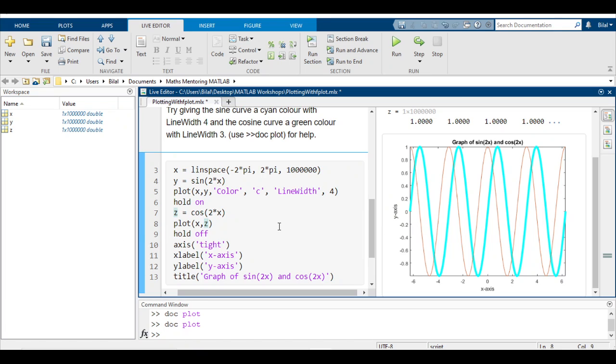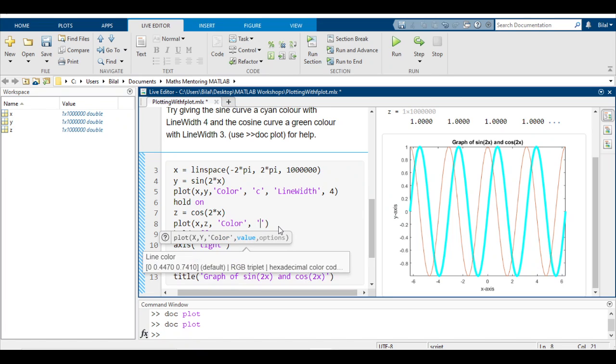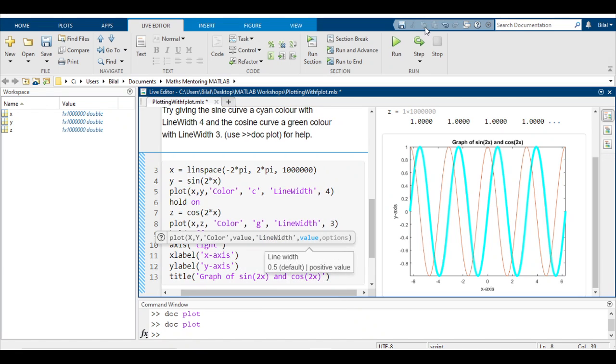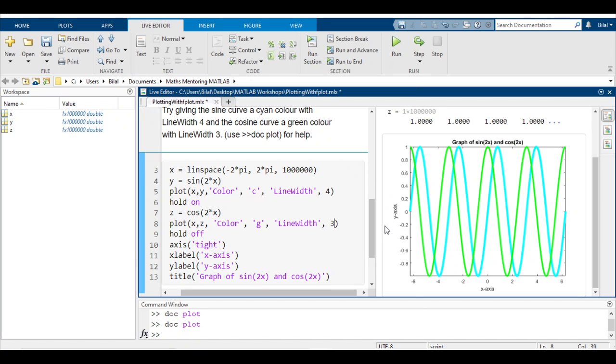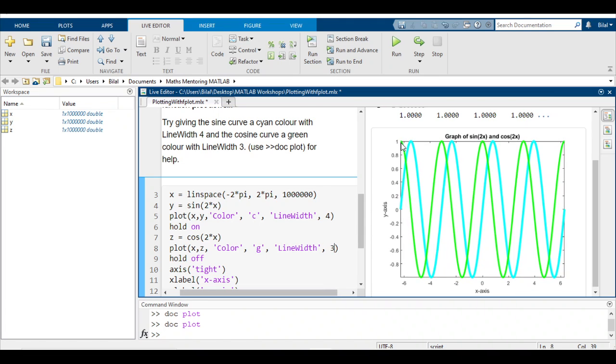If we go to line number 8, where our cosine curve is, we can specify the color here as well. It says give it a green color. A shortcut for that would be G, or you could type in green, because I think Matlab understands what that means. And then we will give it a line width of 3. If we run this, we get a nice diagram